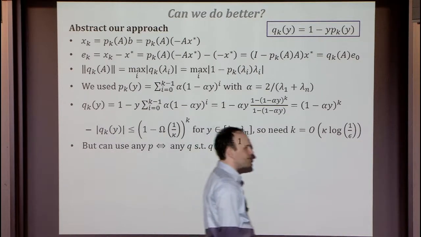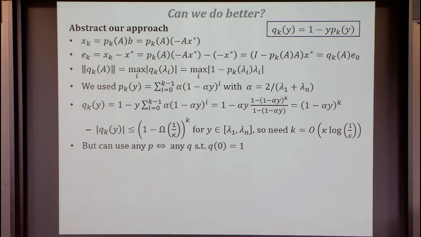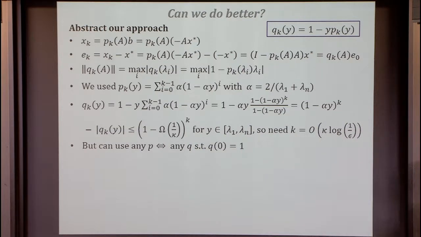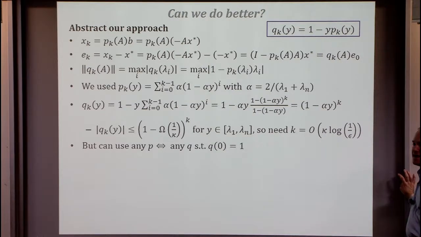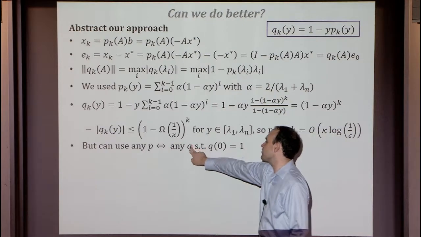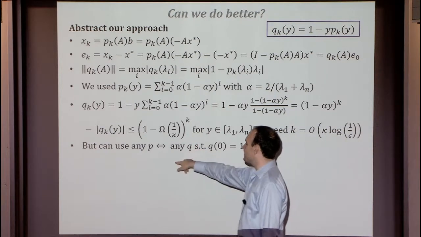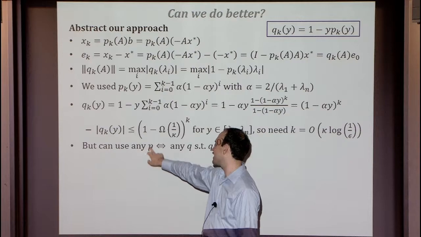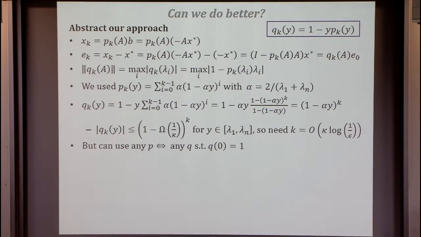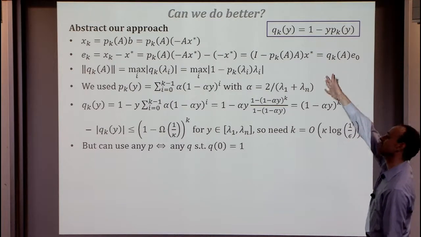Okay, so now the main point is that nothing we did required that polynomial to be the Taylor series. All we really needed was any polynomial p that makes this expression small. And it's going to be a little easier to construct a q. So note that any q comes from a p as long as I can do that. So every polynomial with q(0) = 1 is the q corresponding to some p.